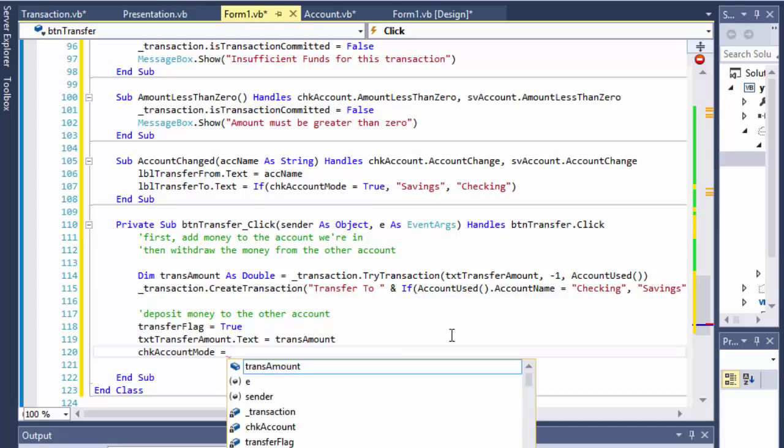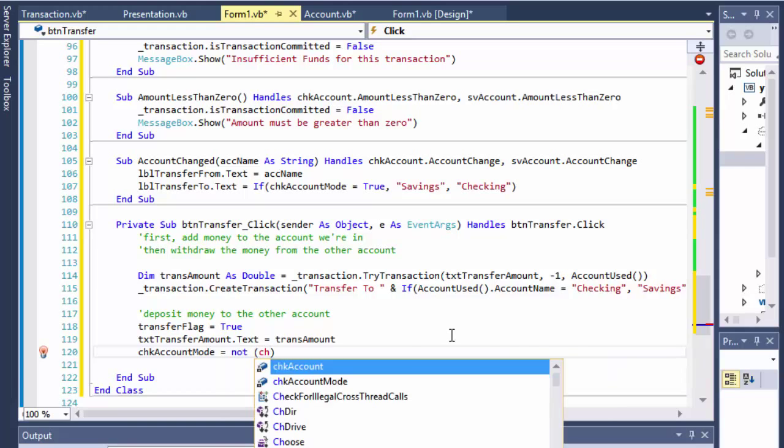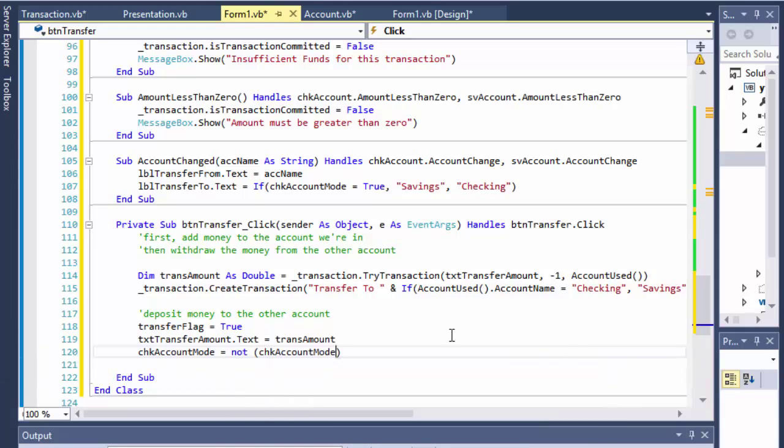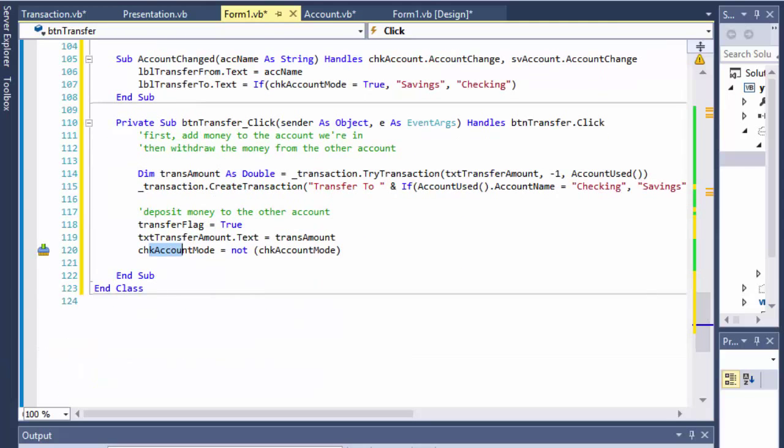So it will be simply not the check account mode. That's what you do. You have check account mode equals the opposite of check account mode. So that's how you reverse the true or false in this case. And finally we can do the transaction